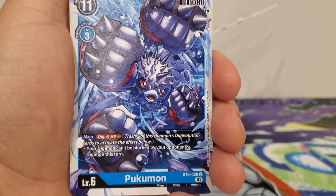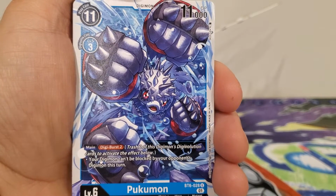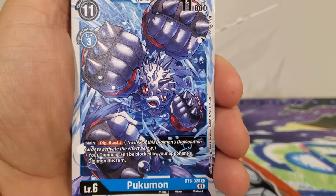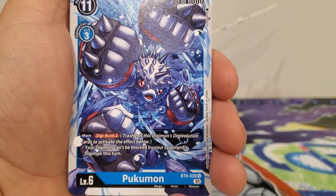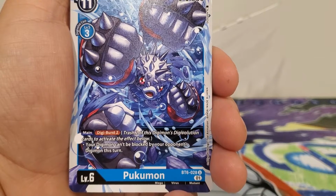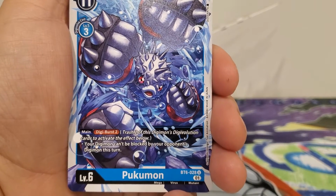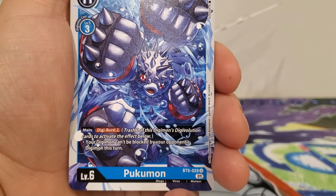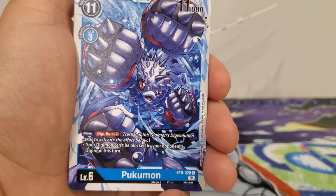We got Kakumon. Its play cost is 11. Its Digivolution cost is 3. 11,000 DP. Main effect, Digiburst. Trash 2 of this Digimon's Digivolution cards to activate the effect below. Your Digimon can't be blocked by your opponent's Digimon this turn. Well, that's cool. That's a nice counter to the other one, which